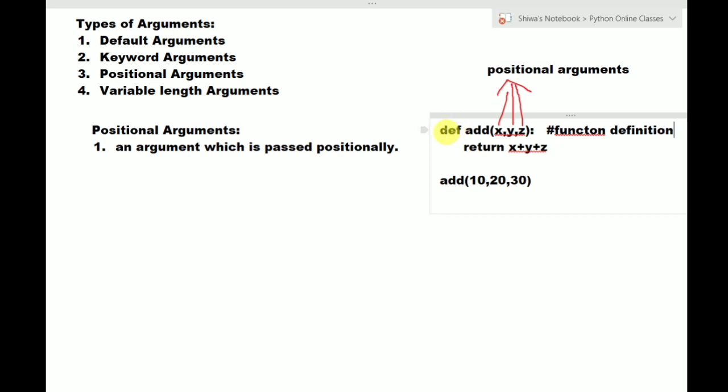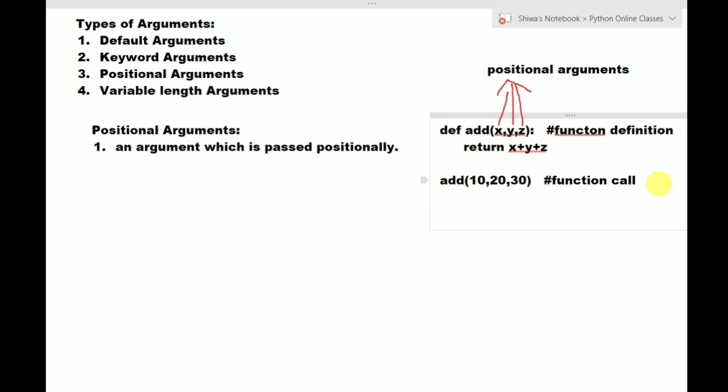Here def add, up to the return statement, is called the function definition, and add of 10, 20, 30 is called the function call. In the function call how many values are there? Three values, 10, 20, 30. In the function definition how many arguments are there? Three arguments. So the number of values in the function call and the number of arguments in the function definition are the same. That's why it returns the value, 10 plus 20 plus 30.